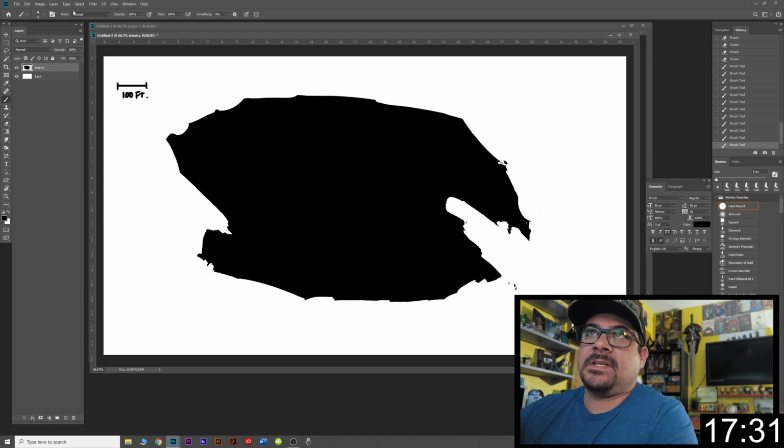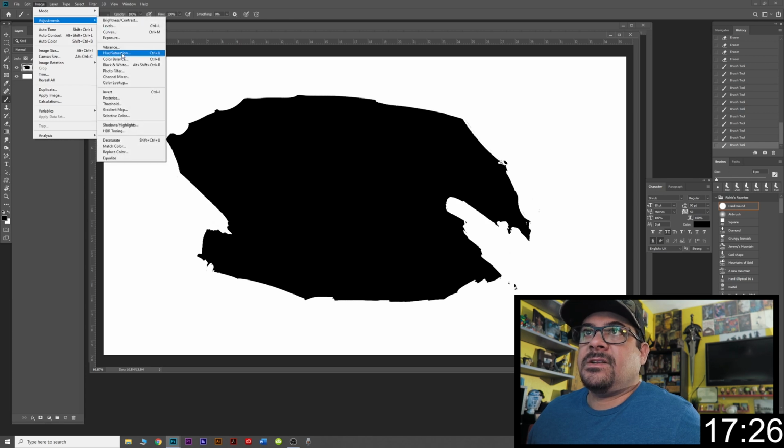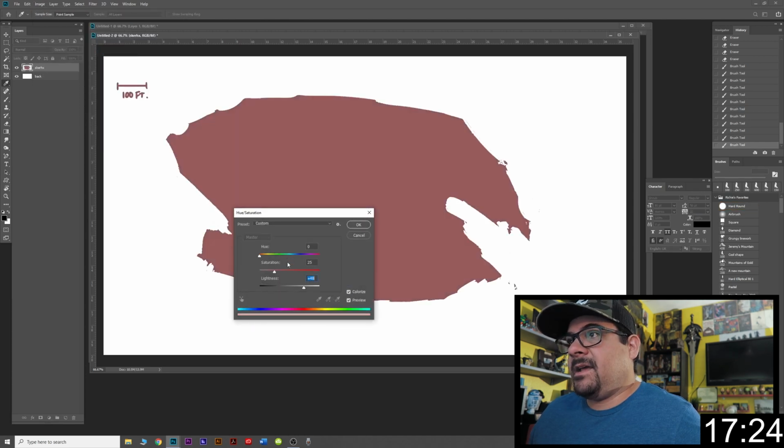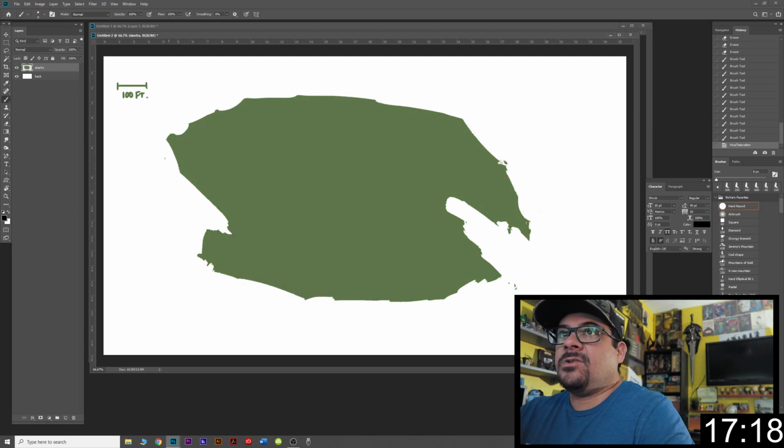let's go with grassland or something like this. So what I'm going to do is an image adjust, hue saturation. We're going to colorize this guy. We're going to make it like that, kind of a muted grassland. That'll work like that. That works, okay? So we're going to make some details,